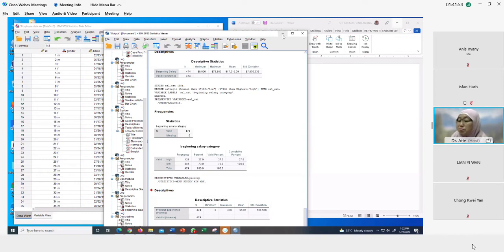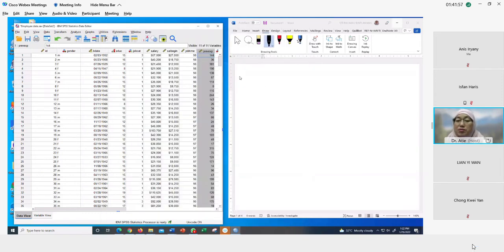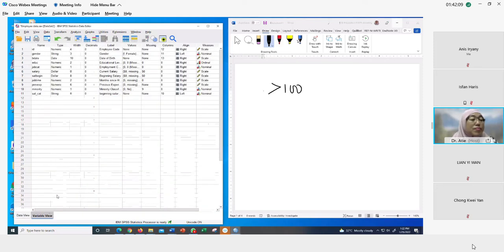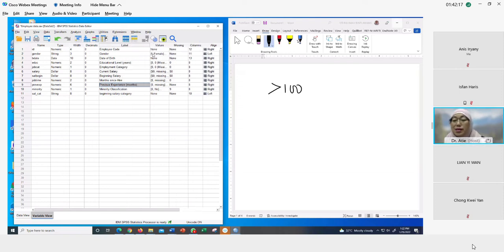So I would like you to make a category, okay, for those who have experience of more than 100. So this one I guess is 100 hours. Is it 100 what? Or 100 months, okay? More than 100 months, okay, will be good experience. I want you to name it good. And then less than 100 months,